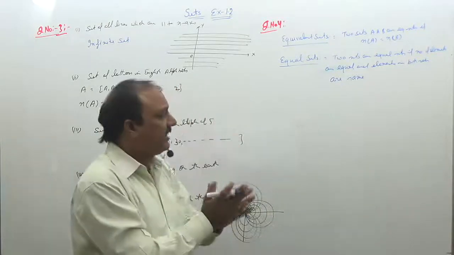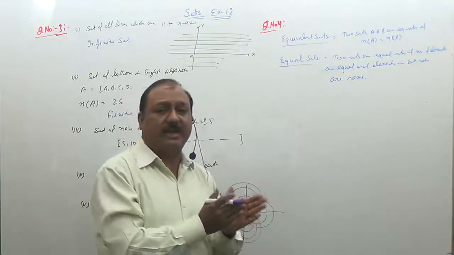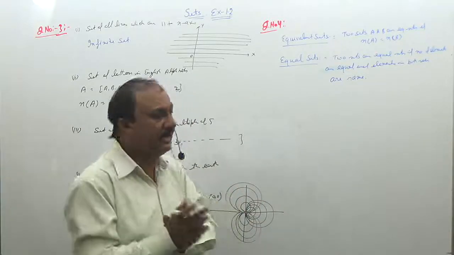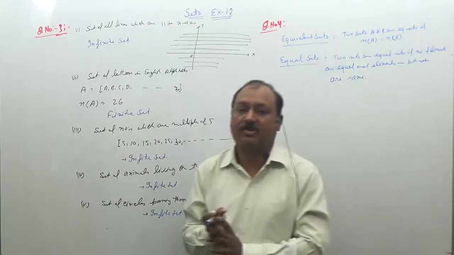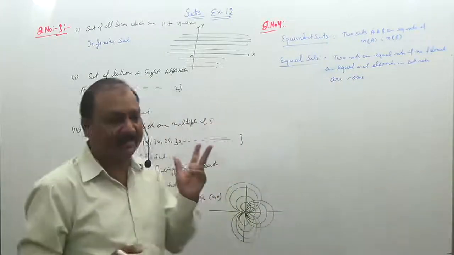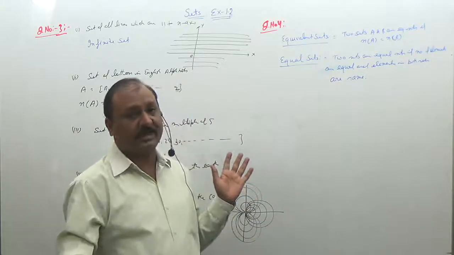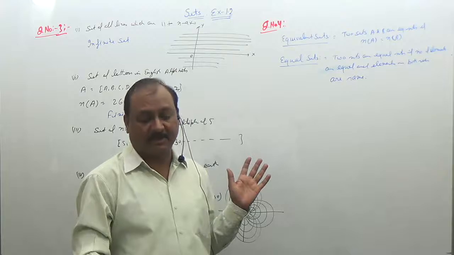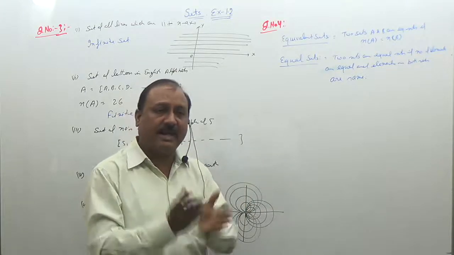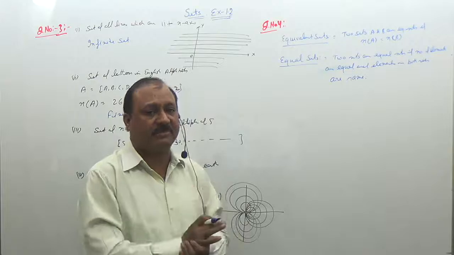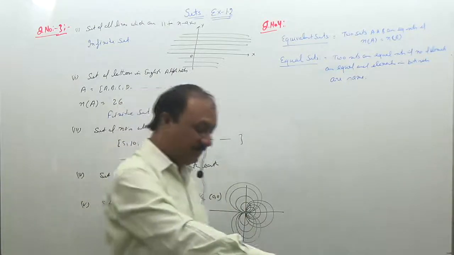So जो एलिमेंट सेट ए में है वही एलिमेंट सेट बी में है. नंबर ऑफ एलिमेंट अगर 3 एलिमेंट सेट ए में, 3 एलिमेंट सेट बी में है और दोनों के अंदर सेम एलिमेंट है, तो दीज आर कॉल्ड द इक्वल सेट्स. सो देयर आर द टू टर्म्स. वन इज इक्विवेलेंट सेट. इक्विवेलेंट सेट के अंदर केवल हमने काउंटिंग करनी है. तो अगर दोनों सेट के नंबर ऑफ एलिमेंट सेम है तो दीज आर द इक्विवेलेंट सेट. But if two sets contain the same as well as equal number of elements, then these are called the equal sets. So question number 4 is based on this.